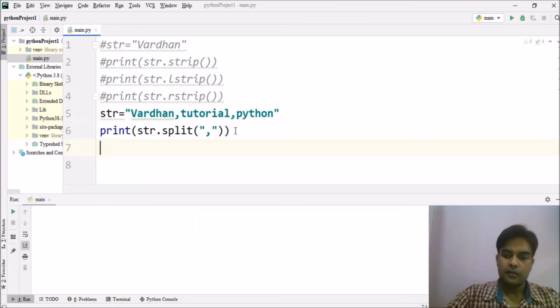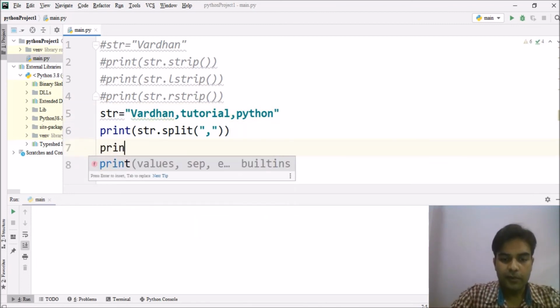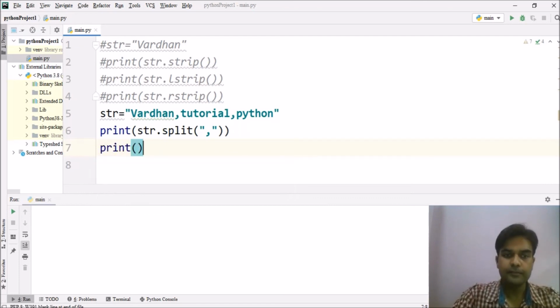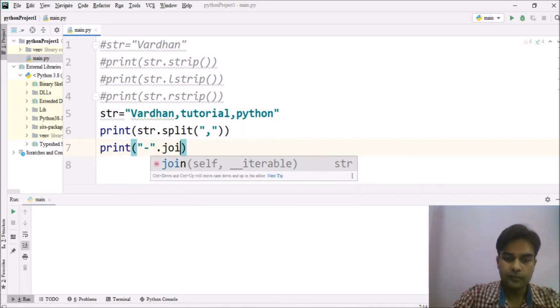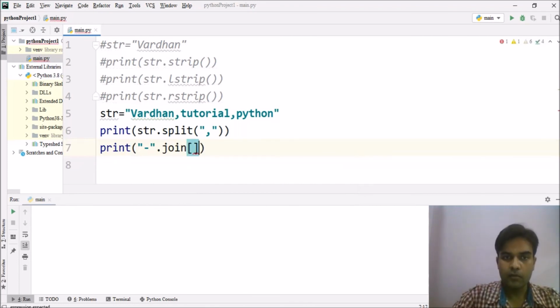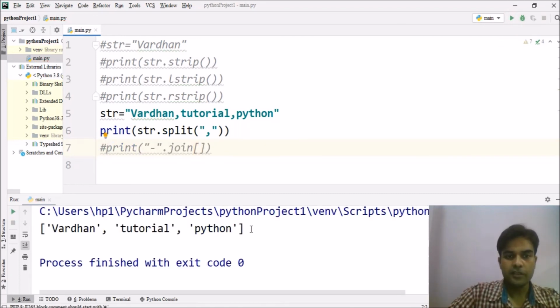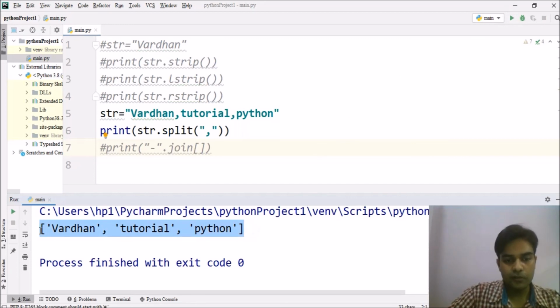Okay, there is one more method, that is join. So for joining we will write print, and suppose we have to join with the minus sign, then we will use dot join, and now we will pass the list. In splitting the list was this, so we will use this list only.